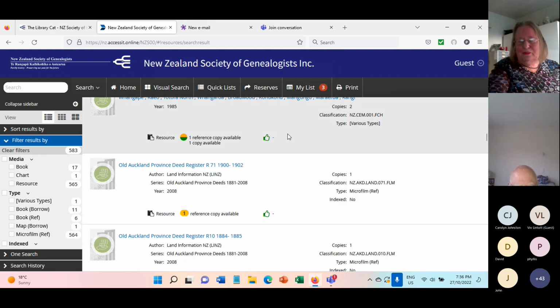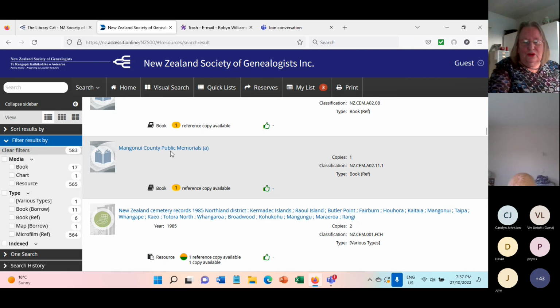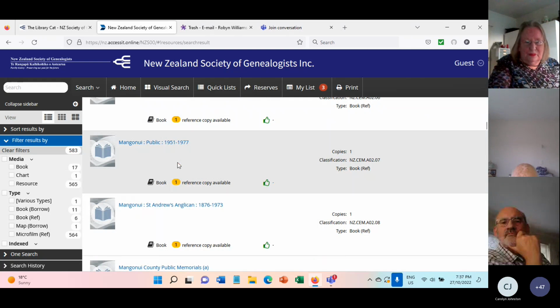Now, unfortunately, because I couldn't log on, I can't reserve a book, but you do exactly the same thing for reserving. You click on something and you put it in there, and then you send a little note to the librarian, saying, I would like to borrow this book. But before you did that, what I suggest you do is have a little look at the actual book,